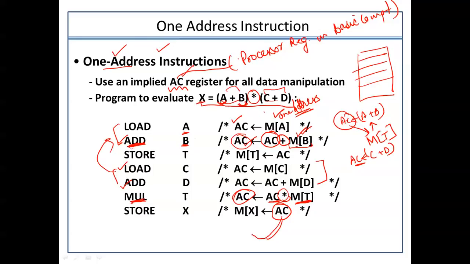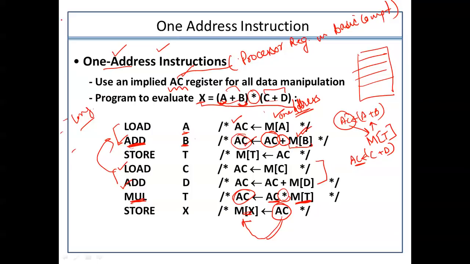So what it will do is store the value at this X memory location available in the memory. This is how this one address instruction will be performed. The instruction performing the program is very simple, but again, it is a long, lengthy program. It will consume more cycles to perform this task. So these are the features or properties that a one address instruction usually provides to us.